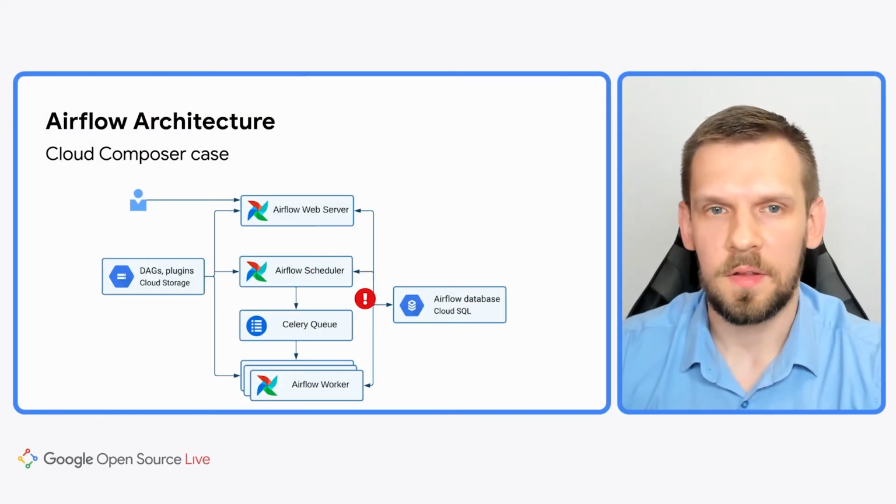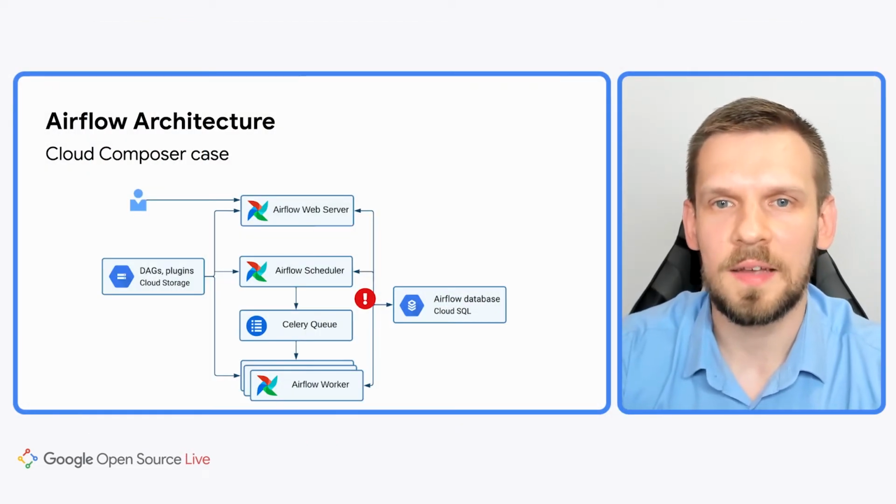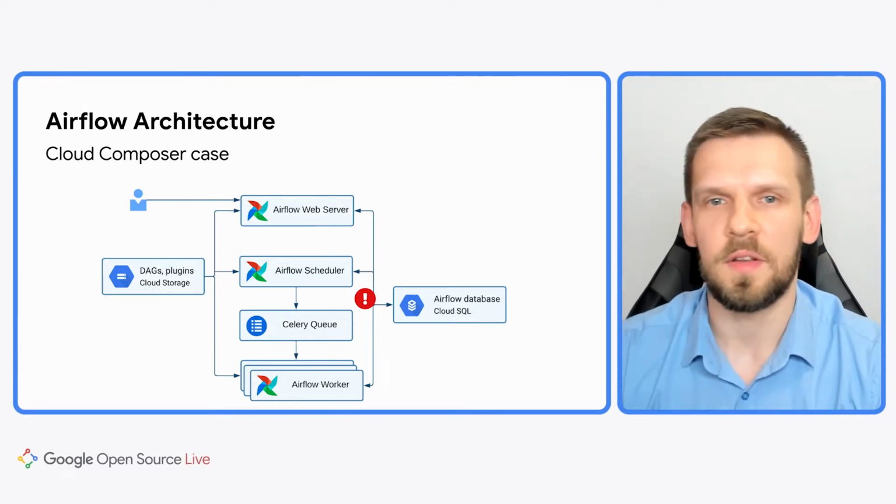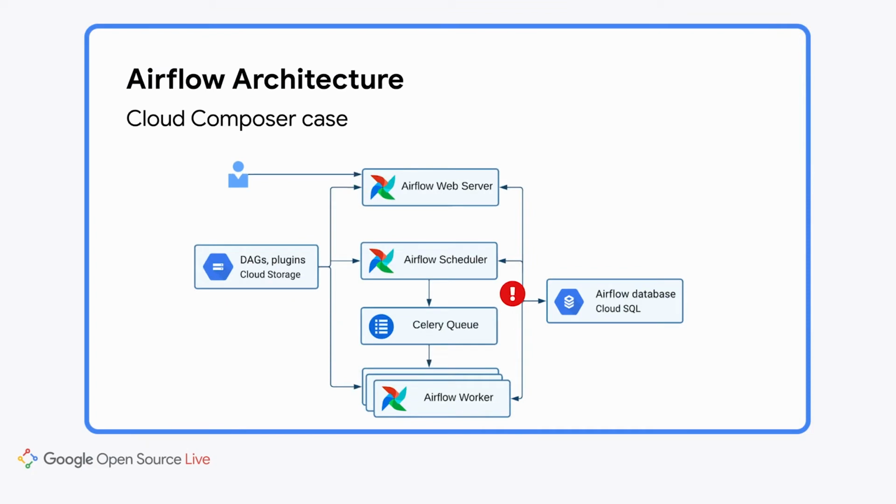In our customer cases, we see that some patterns occur more often than others. So we notice actually some flaws in this architecture. First of all, as I said, all components have access to the database. It must be open and accessible by every single worker, scheduler, web server, process running in Airflow installation. Usually, it requires root access on the database.